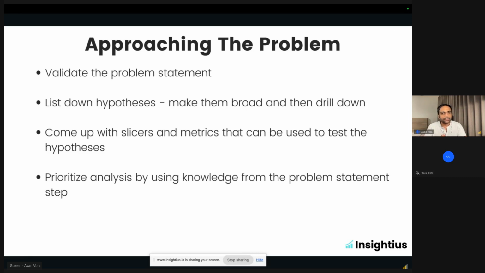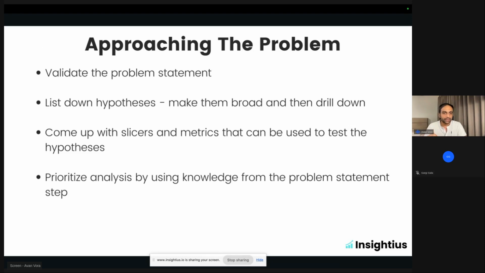Sometimes what happens is they tell you that it's down from 8.5 to 5.2 or whatever that number was, but in reality when you check the numbers you might not see the same numbers. Sometimes there might be data logging issues. People are not collecting data from some set of customers, right? So it might be a system issue or actually an issue the customers are facing. You need to validate that. You need to check from your data that the number has actually gone down from 8.5 to 5.2. That is called validation of the problem statement.